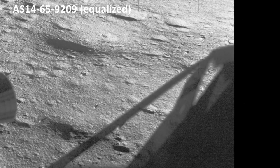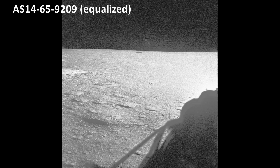Remember this photo, the one we used as a guide to the location of the lunar module in relation to its shadow? Take a closer look and you'll see there are in fact two shadows. They become even more obvious when the photo is equalized. The same is true in this photo, and this one,